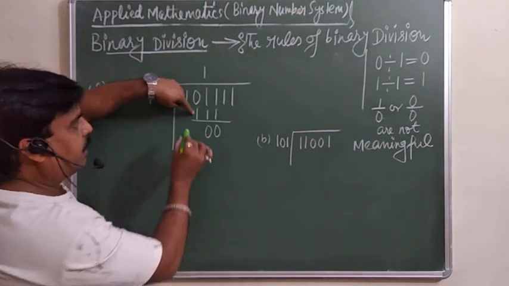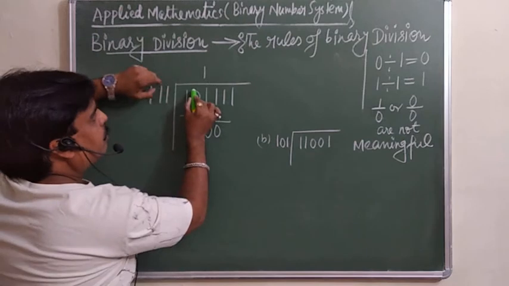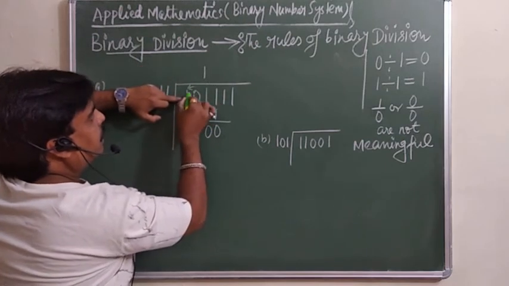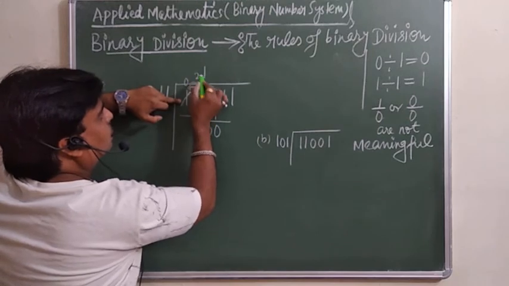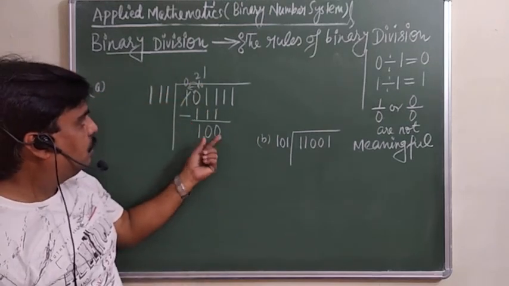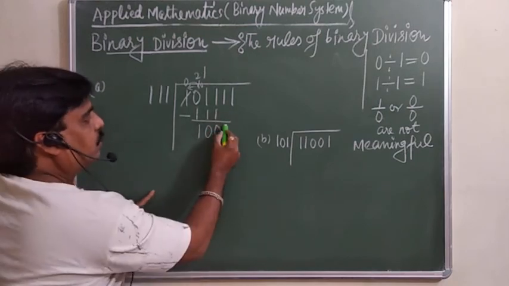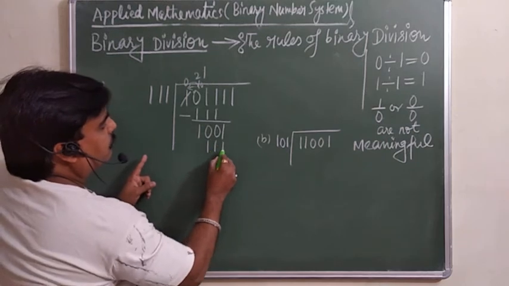Say we cannot subtract here. Same method as in subtraction. What will we do? We will borrow from here. यहाँ से एक borrow करेंगे, so it becomes 0 and this becomes 10. 10 means 2. 2 में से 1 गया, you will get 1. Now see, this 100 is not divisible, so you have to take down this 1 here. You must take down this. Then again it is divided by 1, 1, 1.